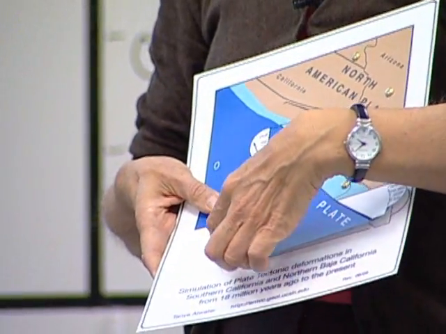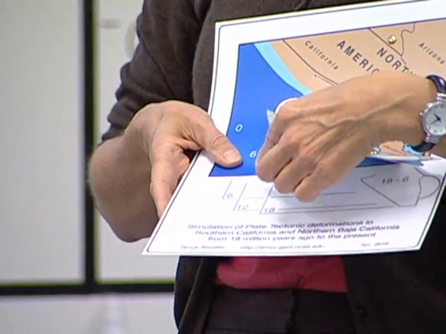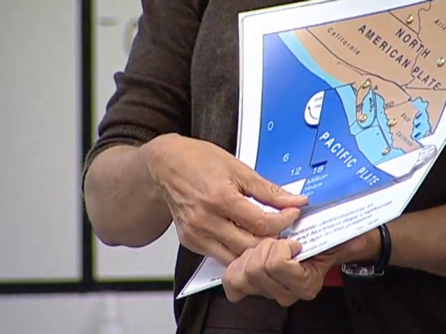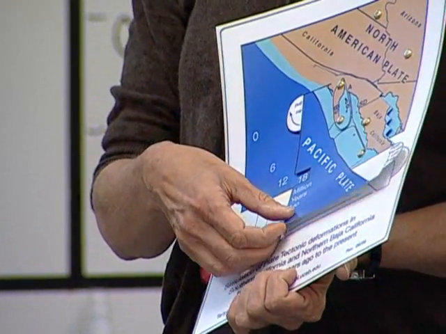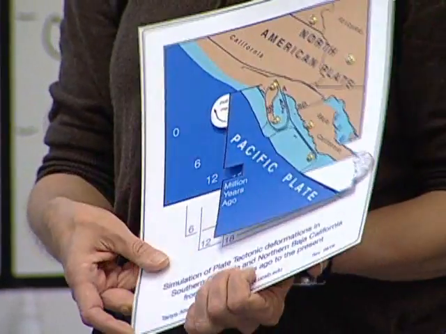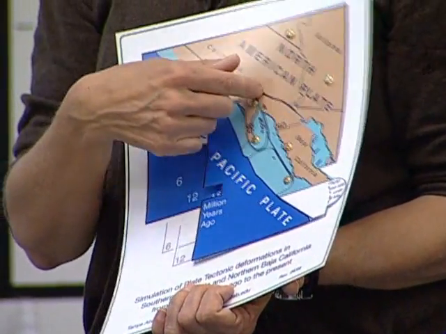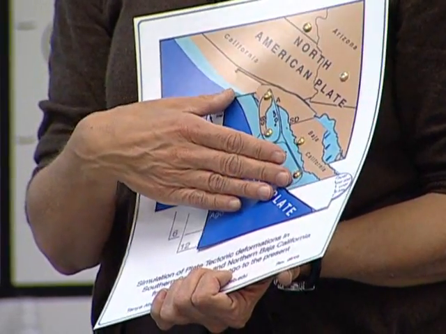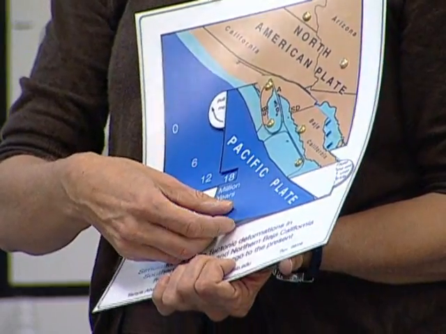So here, if you start with the model all closed up as far back as you can, you see that it has this corner. And the corner has 3 locations. It has an 18 million year location, a 12 million year location, and a 6 million year location. So if you want to start with it in the place where it is 18 million years ago, like that. You'll see at this time we have the Pacific plate offshore. We have these brown areas, which are areas that are above water now. And we have the light blue, which is area of the continent that was submerged, so it was underwater at the time. And so between 18 and 12 million years ago, what happened was,